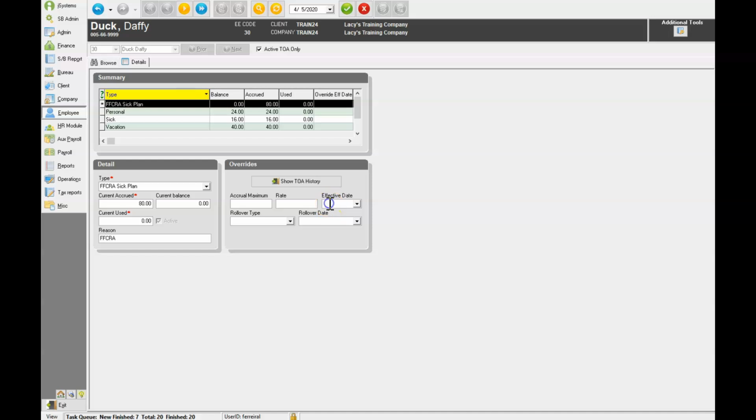Next, enter the date that the employee began leave in the Effective Date field. Click the green check and little green check to save and commit changes. If the employee is eligible for FFCRA Expanded Leave for childcare, click the green plus at the top of the screen again and select FFCRA Extended Leave in the Type field. For this benefit, enter 10 times the employee's average hours weekly in the Current Accrued field and enter the reason